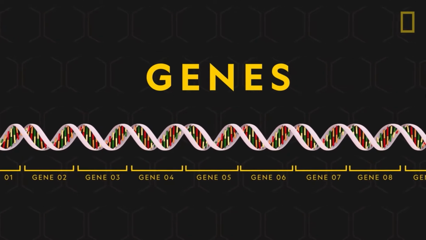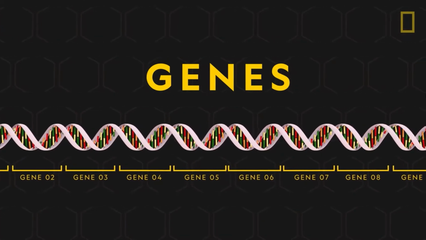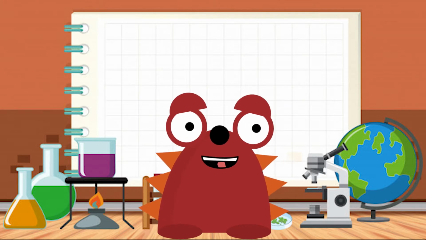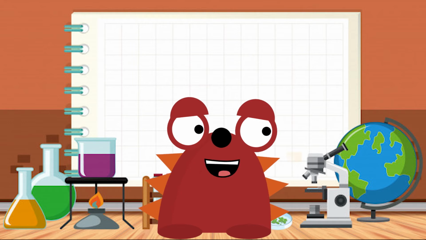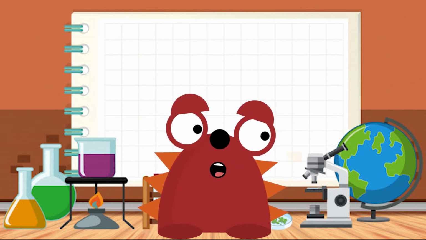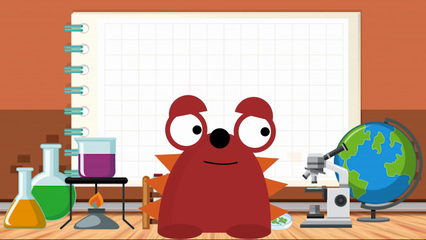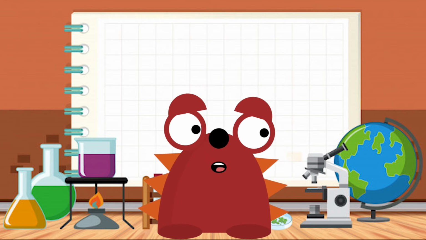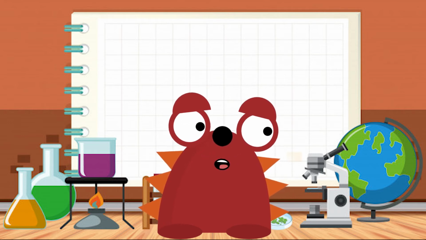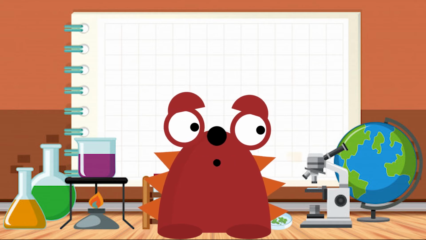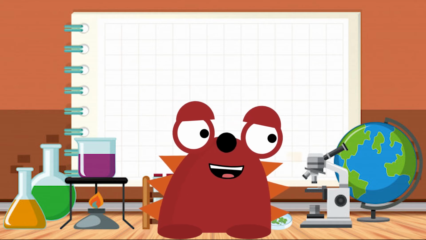Each gene has a starting point and an ending point. DNA is read in one direction, just as you read words from left to right. Genes are responsible for the inherited traits of an organism. Organisms that reproduce sexually have 2 versions of the same gene for every trait, one version from each parent.